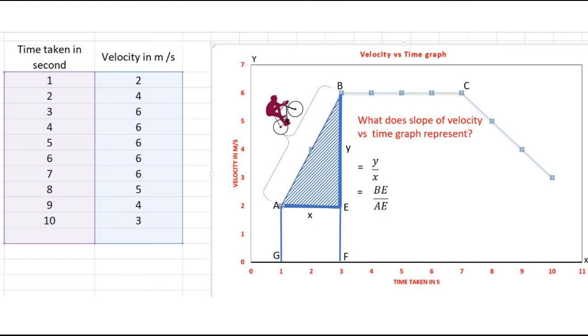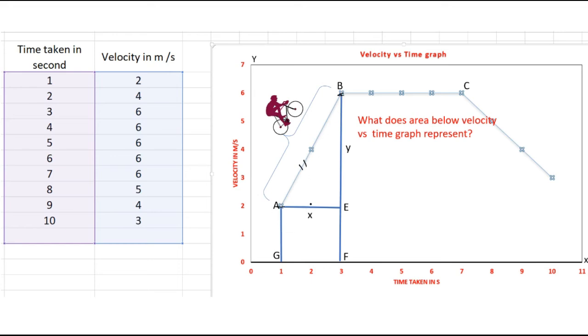Okay, now we'll go ahead. This is what we have learnt now. BE is change in velocity and then time, so we get acceleration A. Now we'll come to a very important concept. What does area below velocity time graph represents? Area in the sense, suppose if you take a travel from A to B, this is our travel, right? And total area below this from A to B. And what is total area?